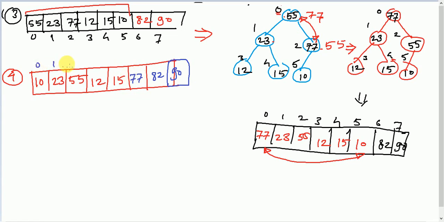This is index 0, 1, 2, 3, 4, 5, 6 and 7. Now next I have to just construct a heap for these elements till index 4. So here I construct a heap for index 4,